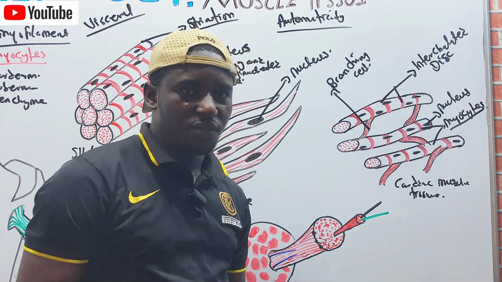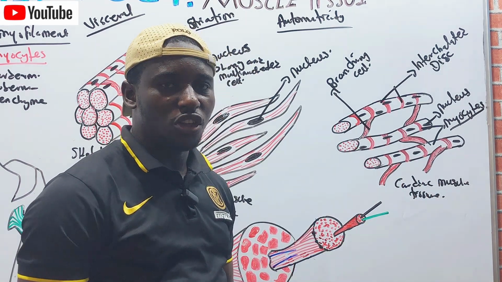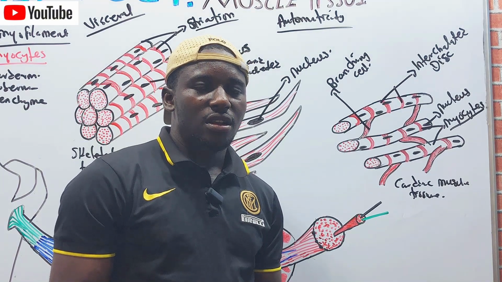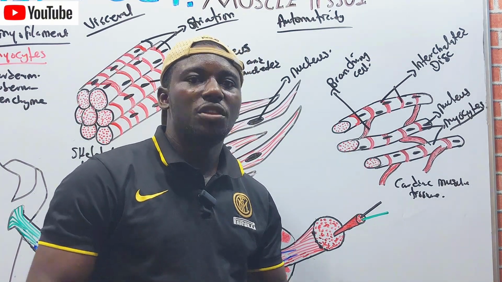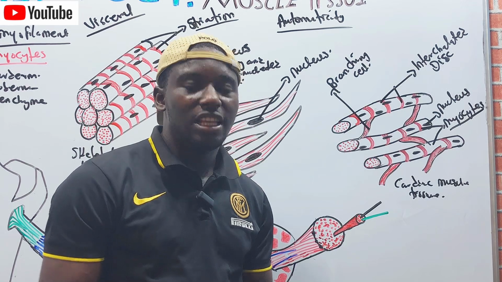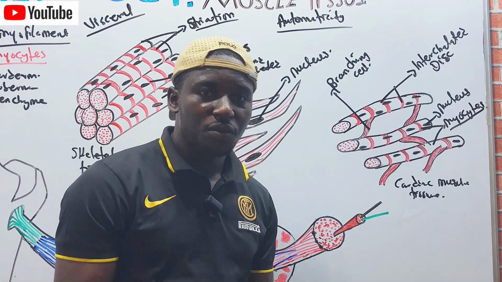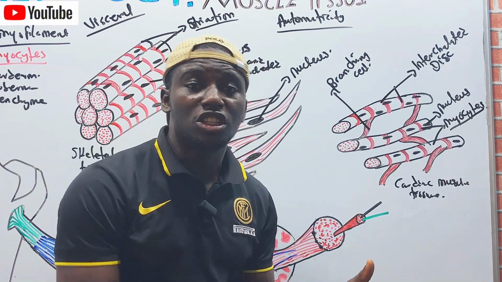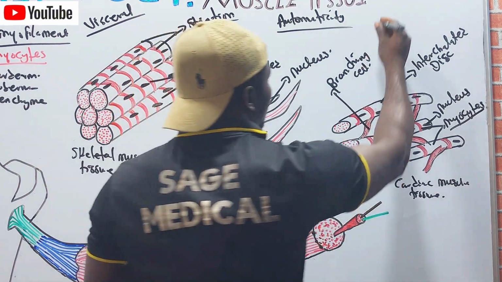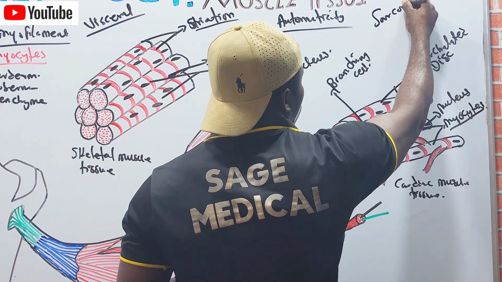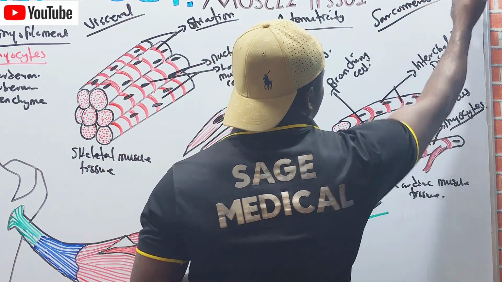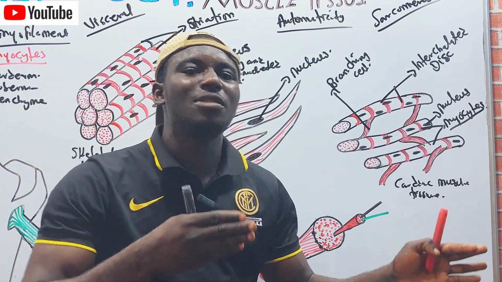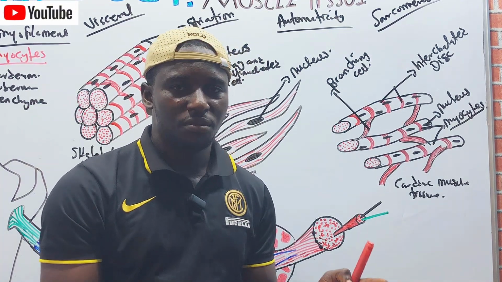Why is it striated? There is a striation on it because they contain a regular sarcomere, because the actin and myosin myofilament of the muscle are arranged in a regular pattern of functional subunits called the sarcomere. Any muscle that is striated, know that it contains a regular arrangement of the actin and myosin